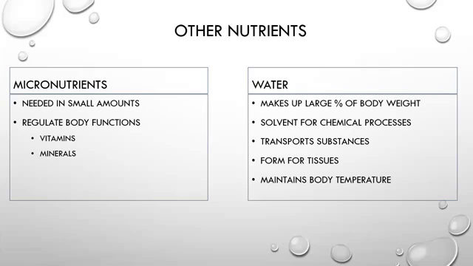So minerals are inorganic elements found in nature. Okay, so they occur in foods either naturally or as additives, as well as in supplements. Okay, so major minerals are minerals that the body needs in amounts of 100 milligrams per day or greater. Trace minerals are essential, but they're lower in concentration. So in the United States, calcium deficiency is one of the most common mineral deficiencies. Okay, so that's what we're talking about. We're talking about minerals, things like calcium.